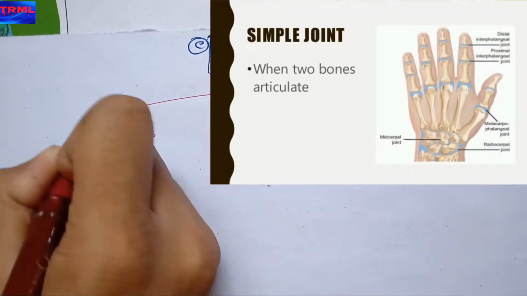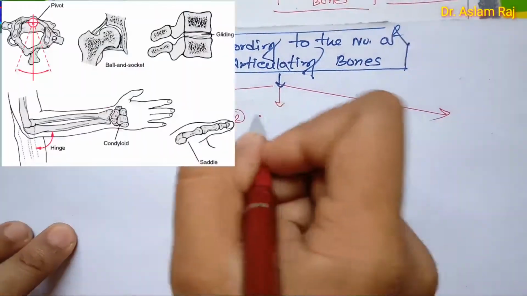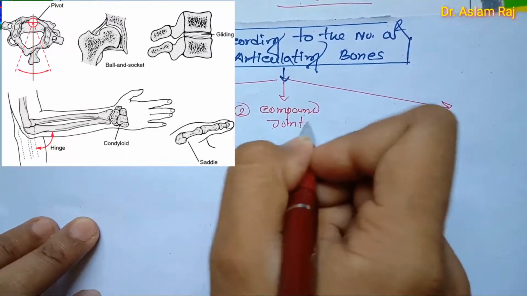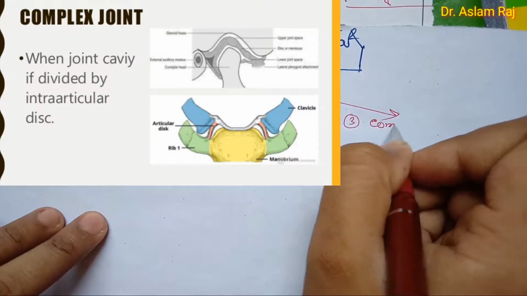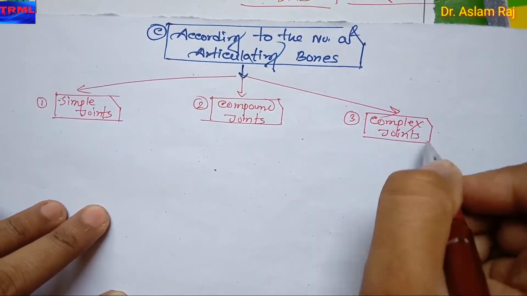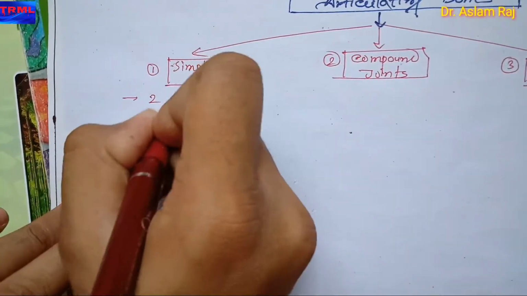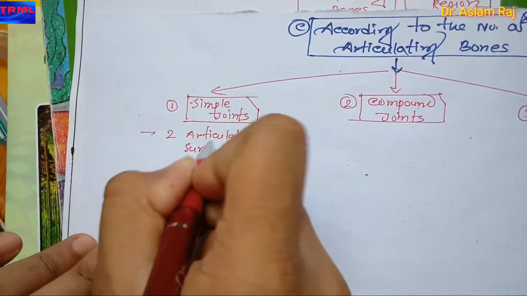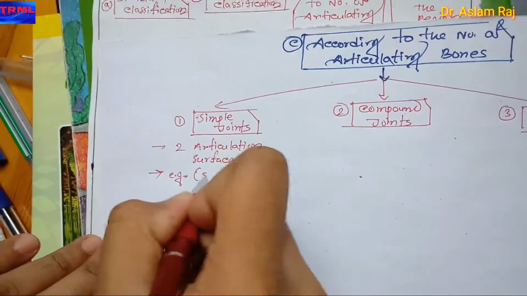Let's see simple joint. When two bones articulate, it is a simple joint. And second one is compound joints. You may see, guys, on the left side, three or more articulating surfaces, compound joints. And third one is complex joint. When the joint cavity is divided by an intra-articular structure. Let's see simple joints. Simple joints have two articulation surfaces. Example is shoulder joint,